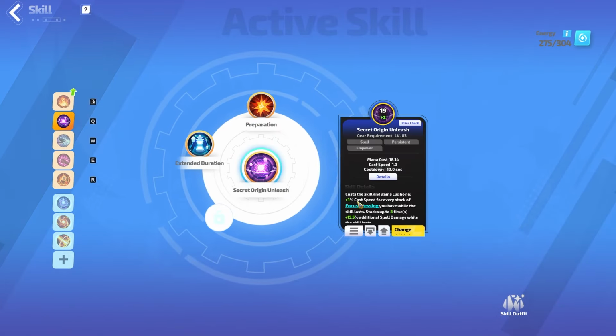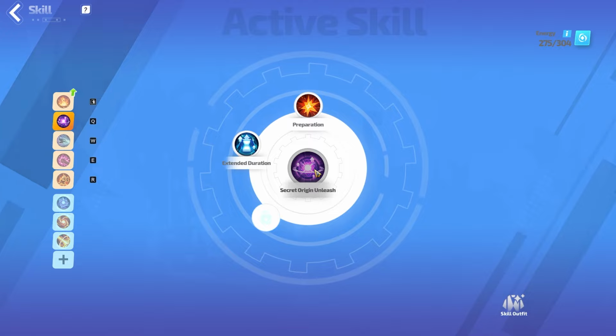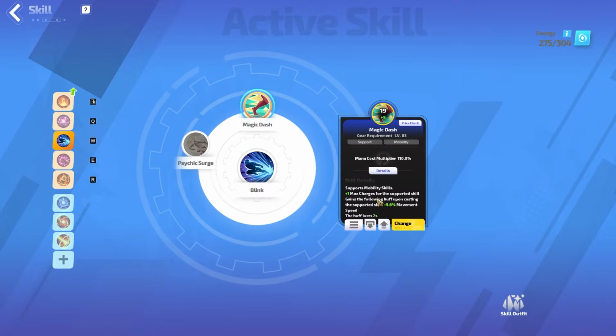To go along with that, we are also going to be running a compound source as our source of healing to begin with, but eventually once you get over to Netherrealm, you are going to want to drop it for a Secret Origin Unleash instead, which is going to give you a little bit of extra damage. We're going to be sticking to Blink as our main mobility source because this plus Magic Dash feels amazing with 2 charges,